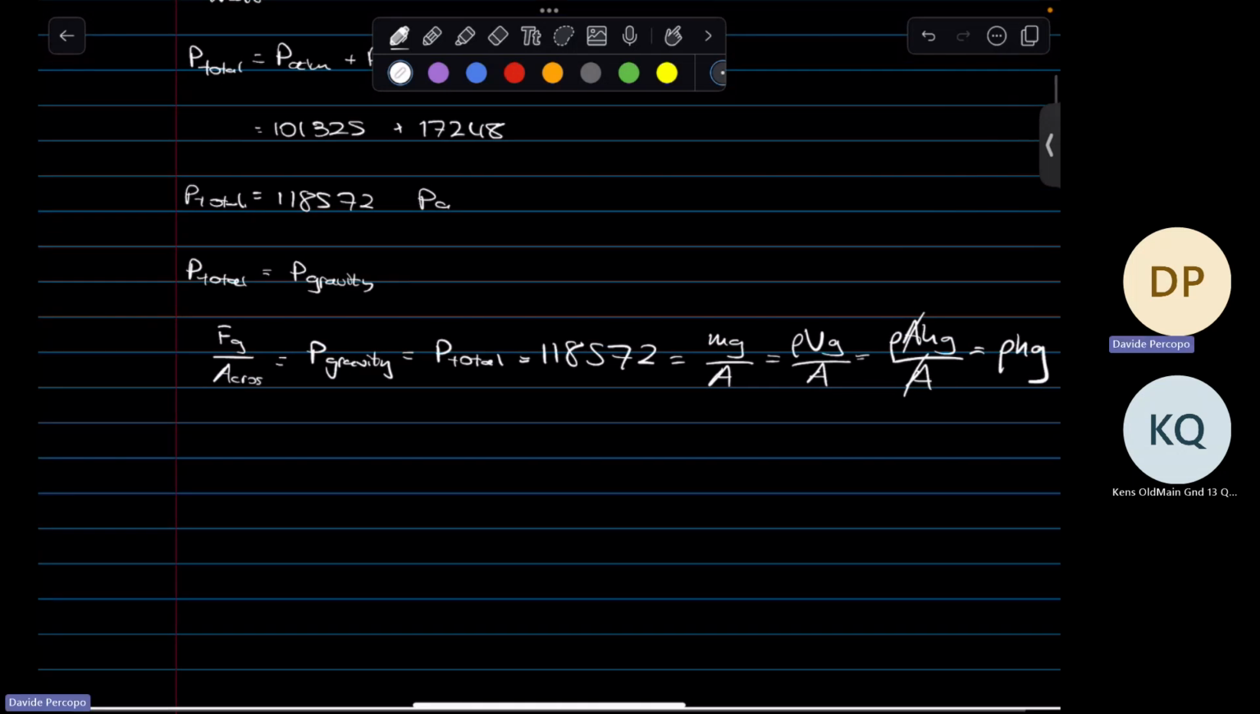So then, is everyone all good? All good so far? Yeah? Okay. So then I can say H, just rearranging. So I'm just going to say P total is equal to rho Hg. H is equal to P total on